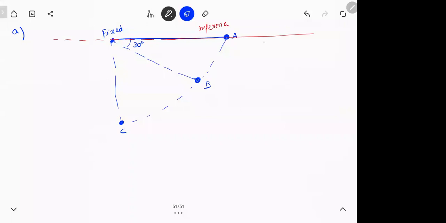So what is the potential energy here? This is my state 1. Potential energy, 0. Kinetic energy, 0, because you're starting from rest. What is this height? If this is length L, this length is L sine 30, which is L by 2. So what is the potential energy at B? Minus mg L by 2. Why minus? You are below the reference line. Kinetic energy, half m Vb square.